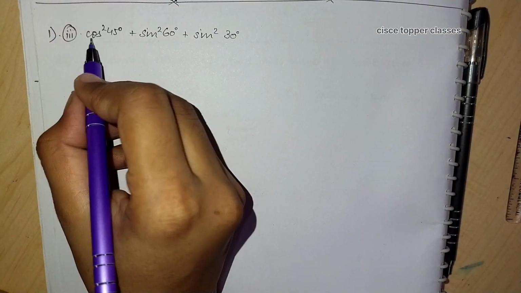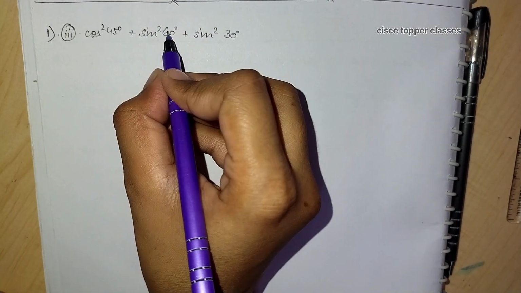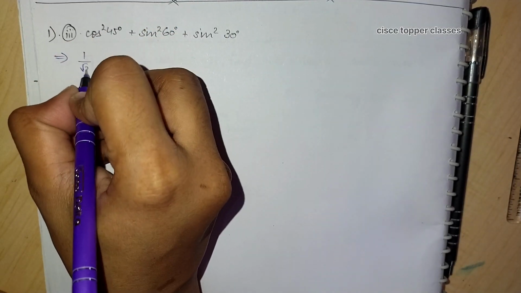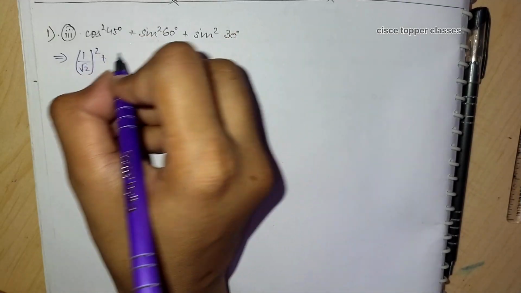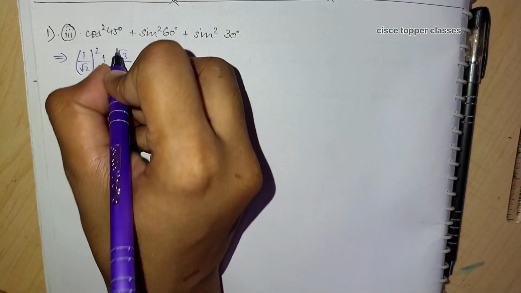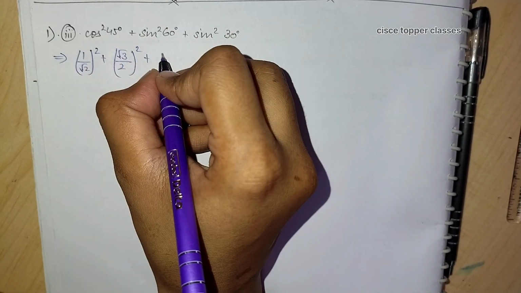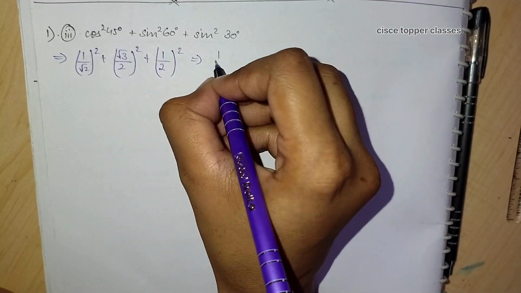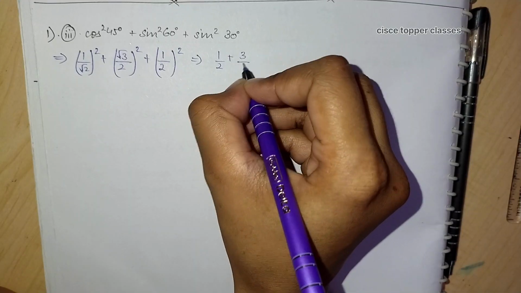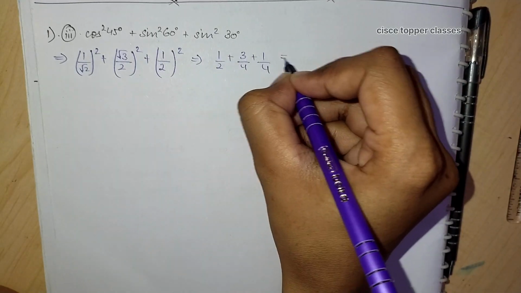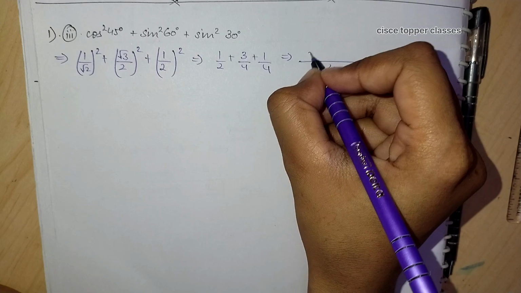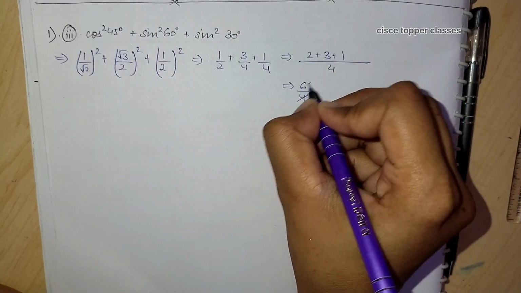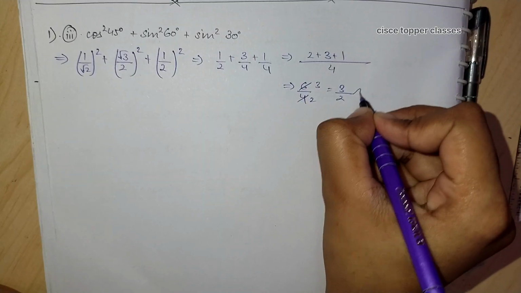Let us solve the third part. Cos square 45 plus sin square 60 plus sin square 30. So cos square 45 we can write as (1 by under root 2) whole square, plus sin square 60 will be (under root 3 by 2) whole square, plus sin square 30 will be (1 by 2) whole square. So this part we can write as 1 by 2 plus 3 by 4 plus 1 by 4. So we can take LCM as 4. So 2 plus 3 plus 1, this will be 6 by 4, means the final answer will be 3 by 2 is the answer of the